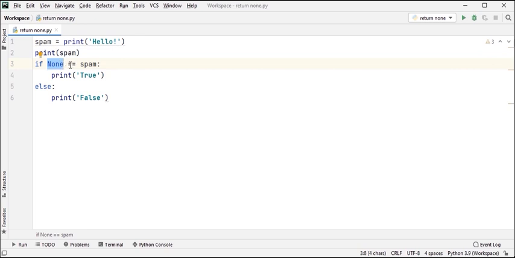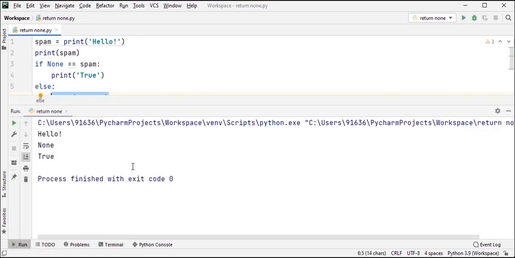See, here I have given the none value and compared it with the comparison operator and am checking it with my spam variable, and then if this none value is equal to the return value of the spam variable, then it will print true, or else it will print false. So let's see when I run this. You can see here, when I am printing this,